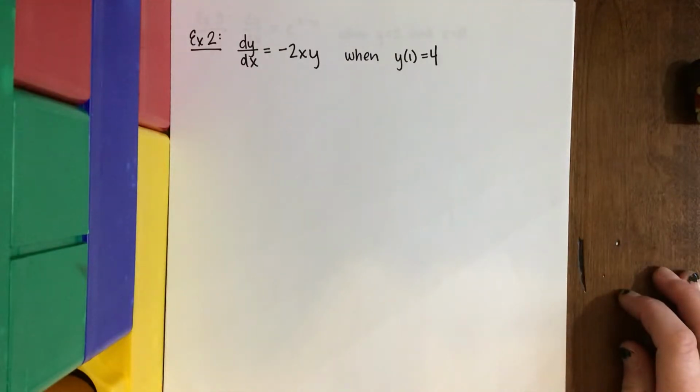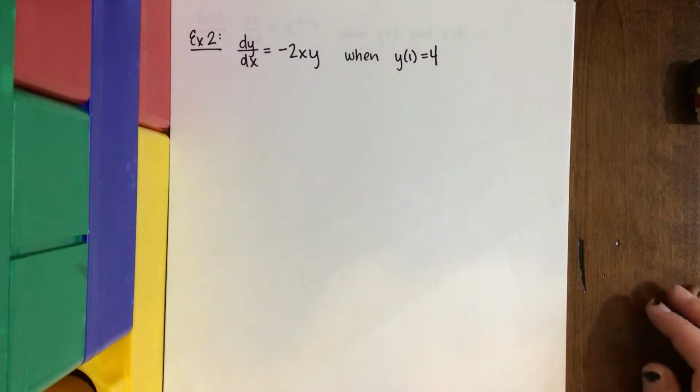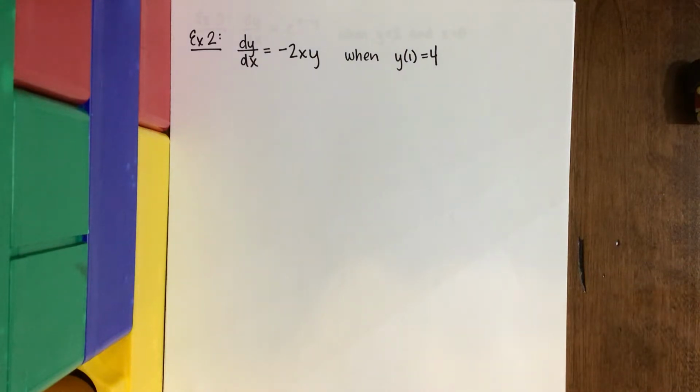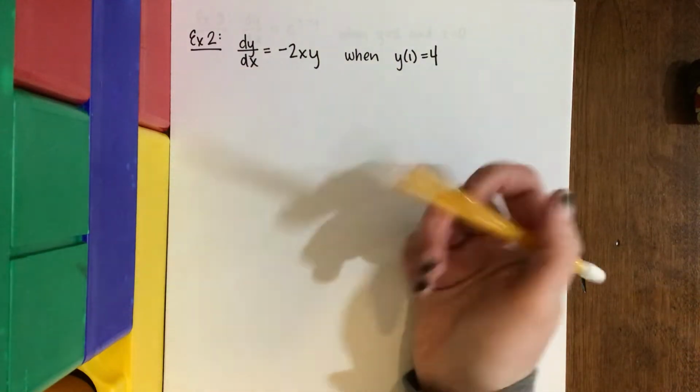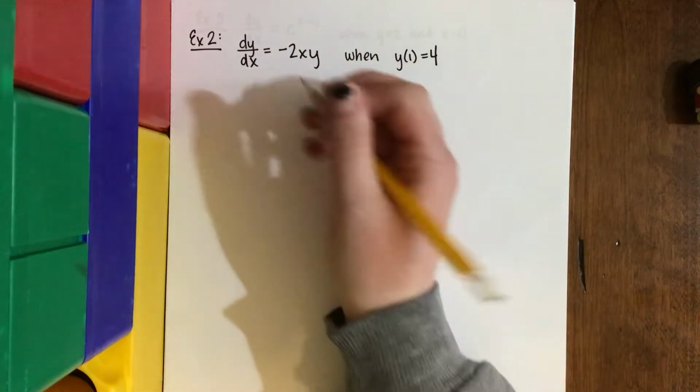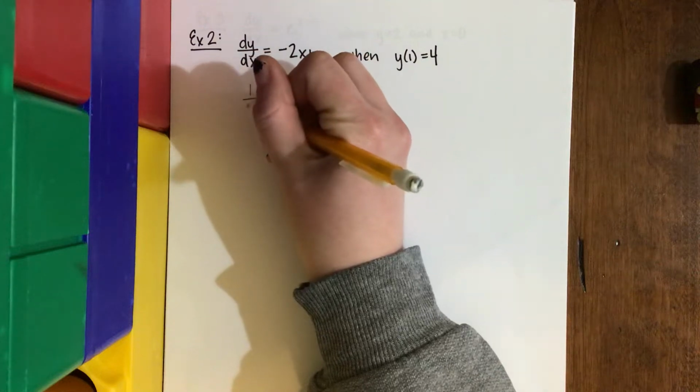All right, so here is our second example in which we are going to solve this initial value problem. Now, it's in this problem that what I started off with, talking about how we were actually looking at some exponential growth situations, is going to come into play somewhat here. So again, the first thing I'm going to try to do is separate this so I can go ahead and solve. So as I go ahead and do that,